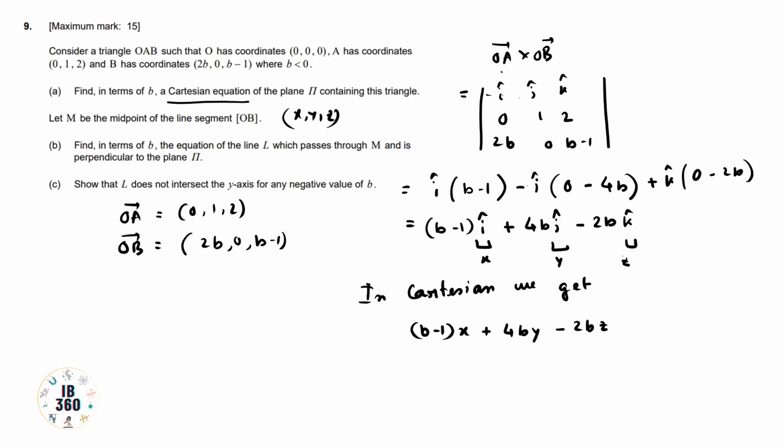So ultimately this is our answer. This will be the equation of the plane. Now one more thing, note that this is a very important point. As 0 comma 0 comma 0 is on the plane,